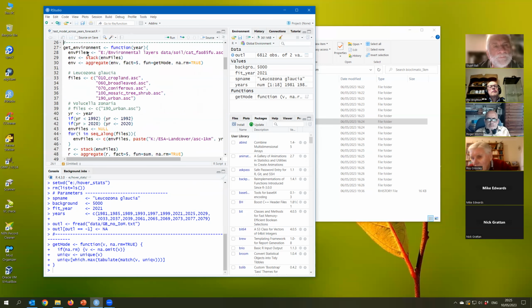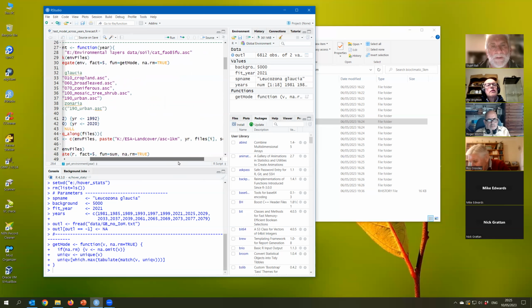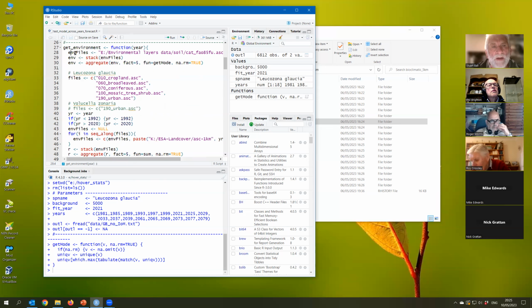Here's a function to load the environmental variables. And we've got to remember that these bioclimatic variables from the climate models are at 5 kilometers square distribution, whereas all our other data is at 1 km distribution. So if we start with the soil data, remember this is the dominant soil type for 1 kilometer squares in Britain. If we load that,